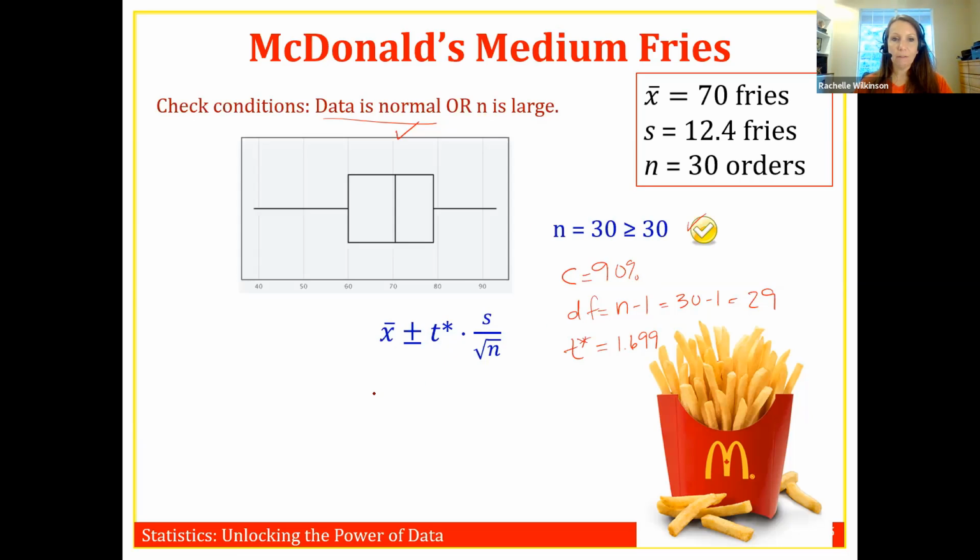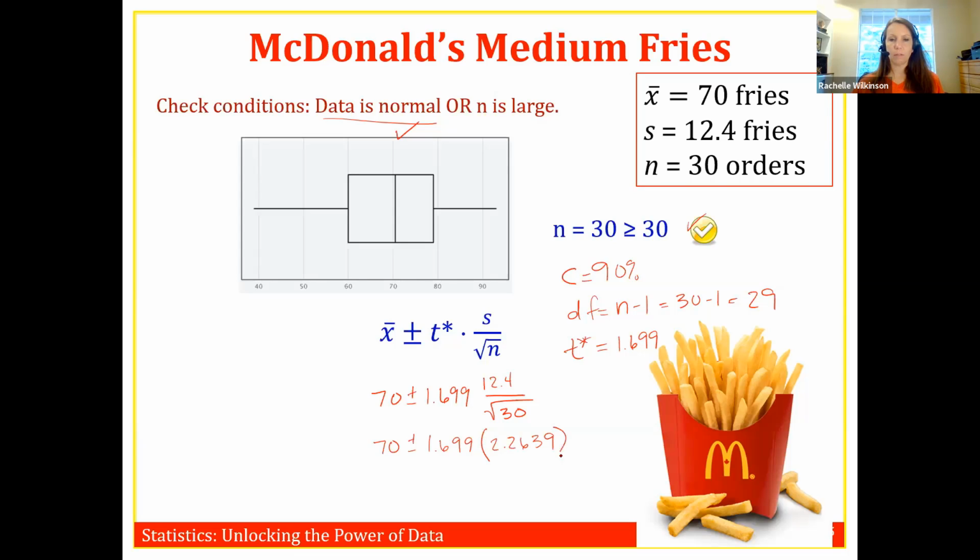So X bar was 70, and we'll have plus and minus my T star, which is 1.699, times S, which was 12.4, divided by the square root of 30. All right, so I'm going to work on this side over here. So 1.699, and then I'm going to take that 12.4 divided by the square root of 30. So 12.4 divided by the square root of 30 gives me